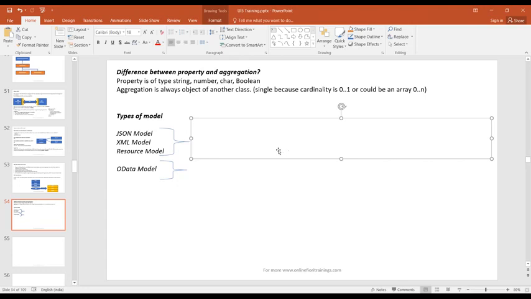Certification questions are all objective, not subjective. So which are all the types of models which is not a client side model? Be careful with this question. So client side model, what does it mean? In the client side model, all the data is kept on the client side